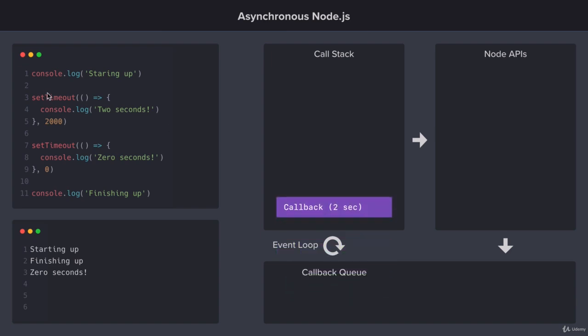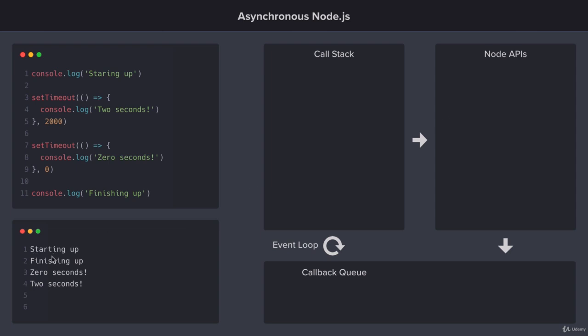So that is defined on line 4. We have our call to log. We get our message to print, printing 2 seconds. That gets removed. The callback gets removed. And at this point, the program is complete. The call stack is empty, the callback queue is empty, and there are no other events registered with Node's APIs. This means the process would be complete, and over here we have the exact same output we got when we